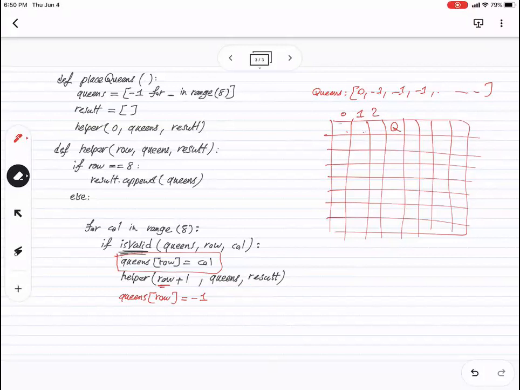And there is another bug here. I intentionally wrote the code incompletely at first to show you the common mistakes. So look here, we append the queens to the result. And as I said, the queens is only one array. What does it mean? It means, let's say the first time we reach row 8,